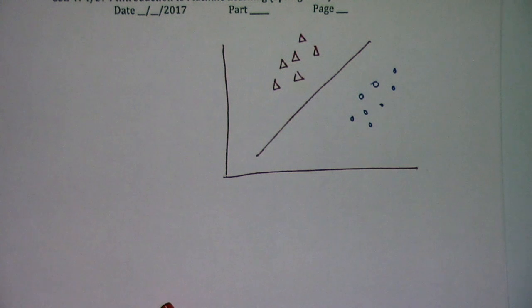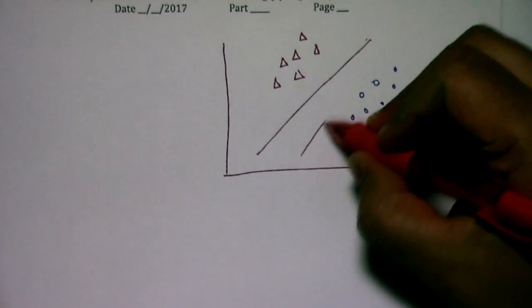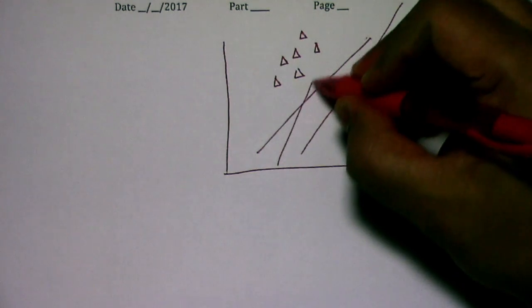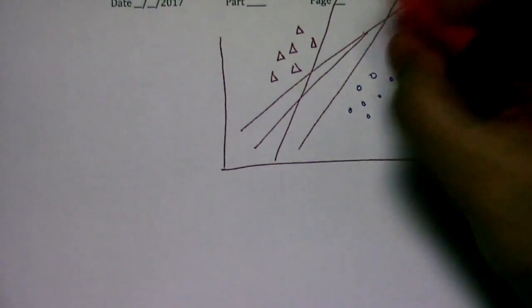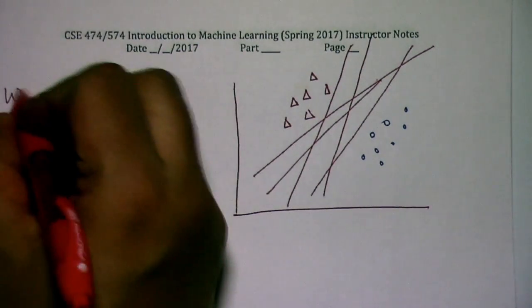Which means that if I train my perceptron, it will give me a line which gives 0 training error. But the question is, what line will it give you? Because this is a correct line, but this could also be a right line, and this, and this, and this. So there are infinite possibilities. If your data is linearly separable, you can draw infinite lines in that space, and all of them would give you 0 training error. So the question is, which one